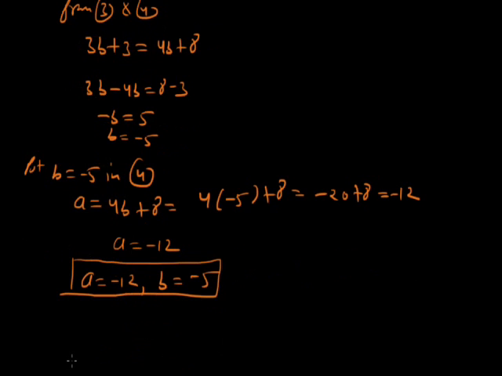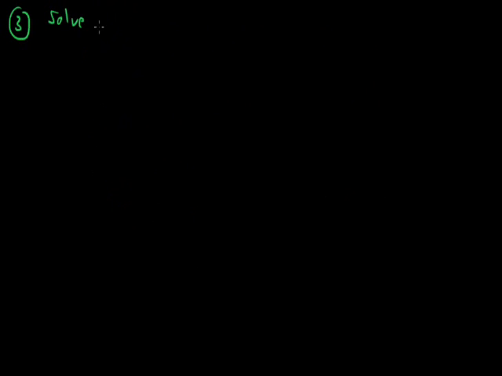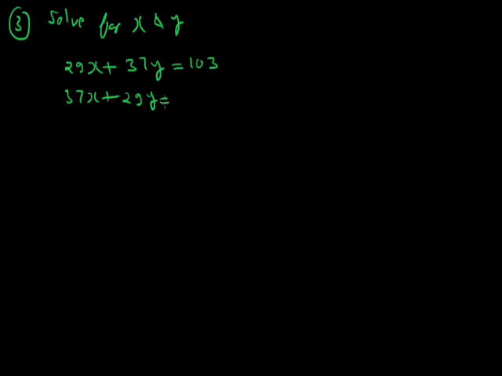Now we solve the next problem. Again solve for x and y. 29x plus 37y is equal to 103. 37x plus 29y is equal to 95. Now this is a special type of problem. In this problem what we are seeing is that the coefficients of x and y interchange, means यहाँ पे देखिए x